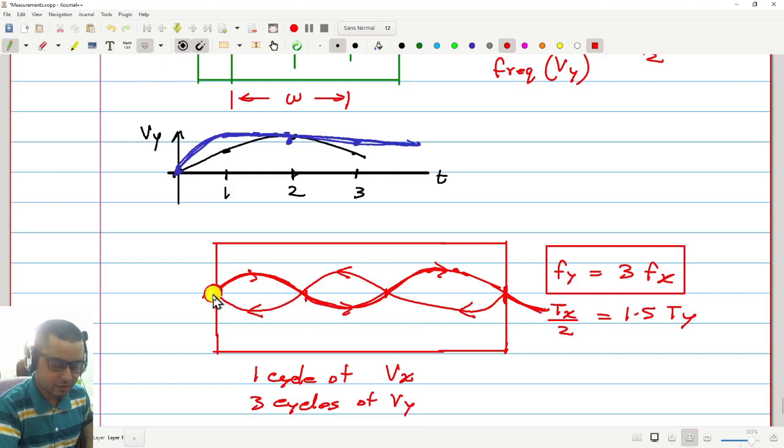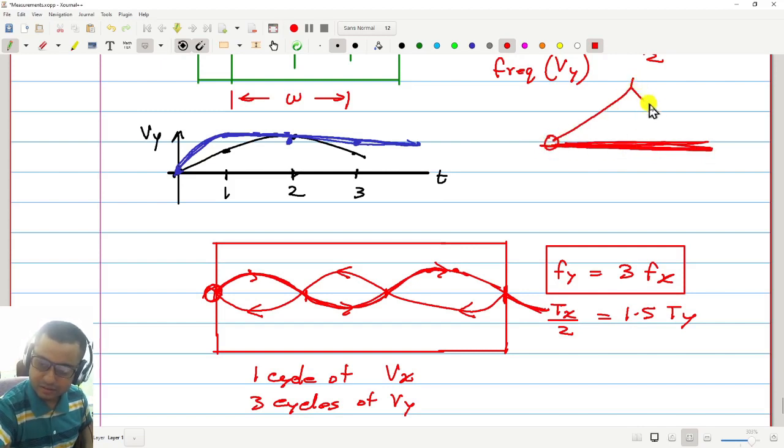Sir, it should not be after one half cycle, because after one half cycle the amplitude is 0. See, if something is moving sinusoidally, like a pendulum, then one cycle means what? One cycle means start from here, go to the extreme right, and then come back. So go and come back and stop here. This is one cycle. If you go only from left to right, this is a half cycle. Correct?